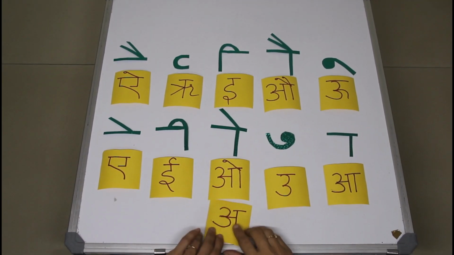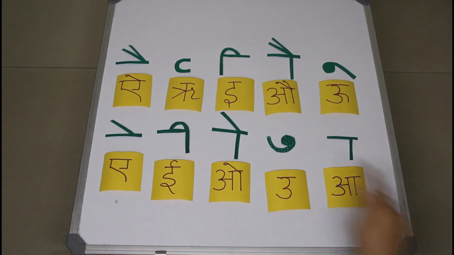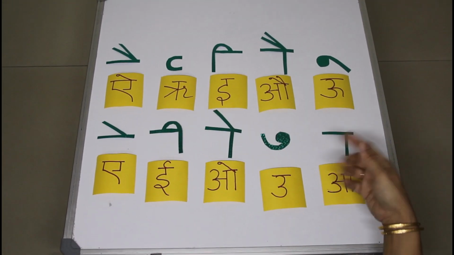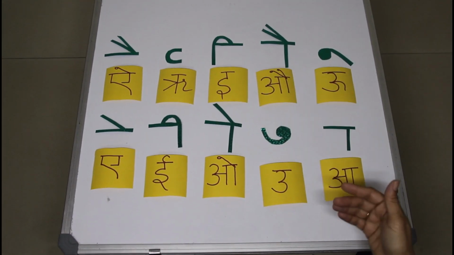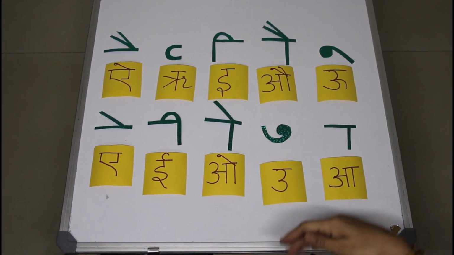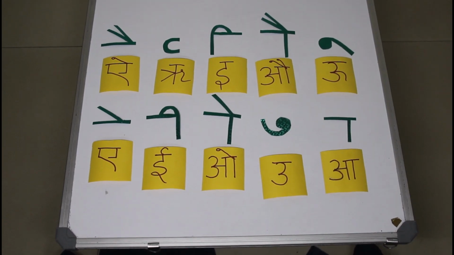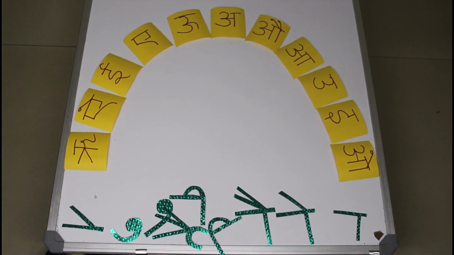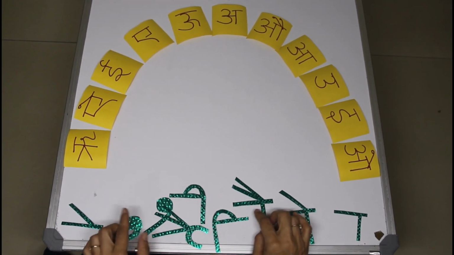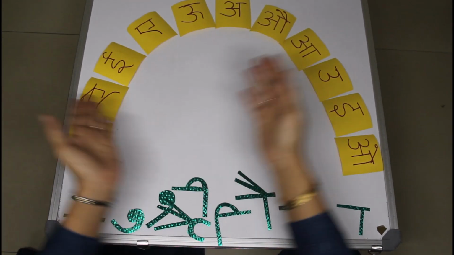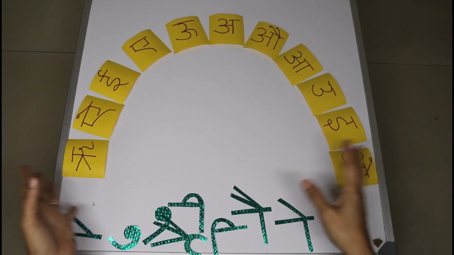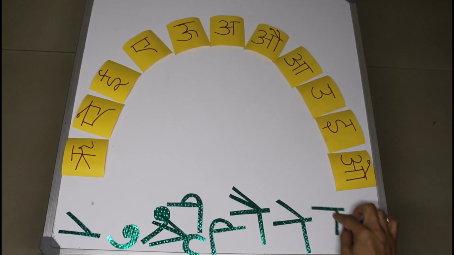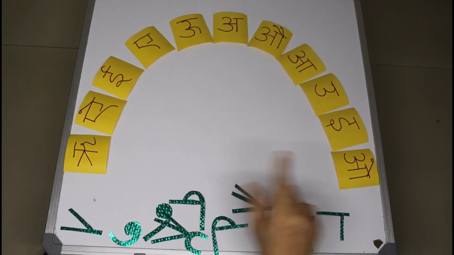I take out the I can keep it aside so I can see that all the matras and the swar are together. This is an easy way to understand swar and their symbols or swar and their matras. Placed all the swar in a semicircle and I need to keep all the correct matras in front of them. You can place it like this so that it's basically interesting for the children. They feel something different. There's a certain shape, a semicircle there. So you can give the matras to them separately after placing this.